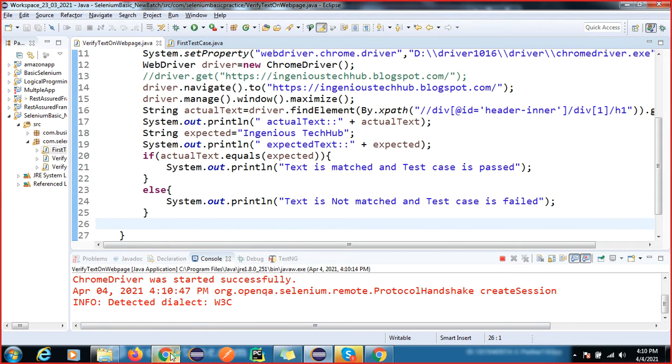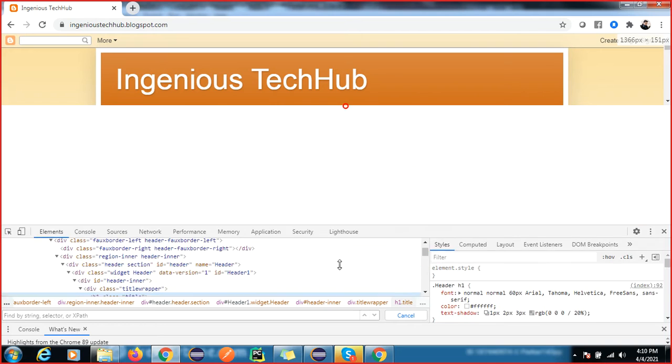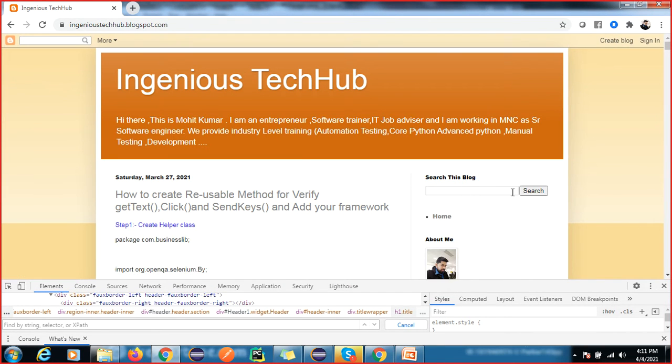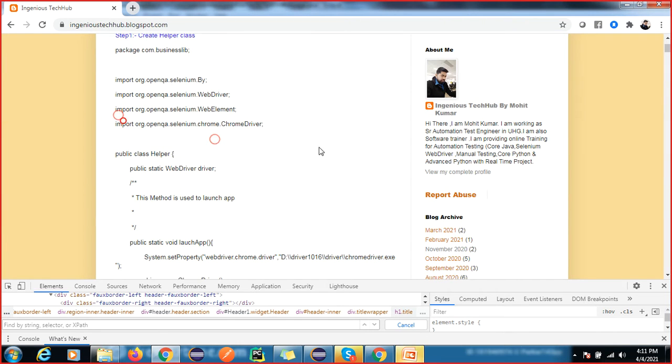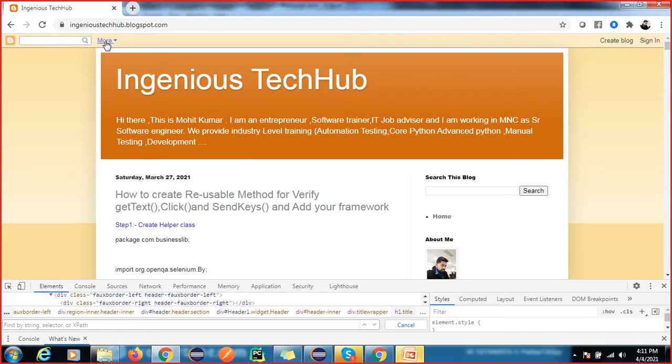See, I have done one validation. When you do the practice, so many things are there in this page. You can validate this search box also, and this text also. You can also display this one also. And how you can validate and how to find the XPath for this, so just try yourself. This is a dynamic page. If I change this as an admin, then it will change. This link is also there.